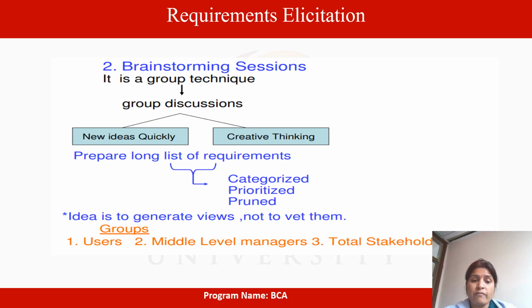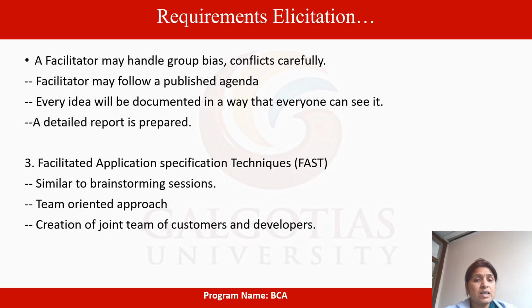The groups include the users, middle level management, and total stakeholders. Then a facilitator may handle the group bias and conflicts carefully. The facilitator is a person who is conducting the group discussion, who has arranged that group discussion, brainstorming session. He is a facilitator. It is his responsibility to keep that group of people unbiased,